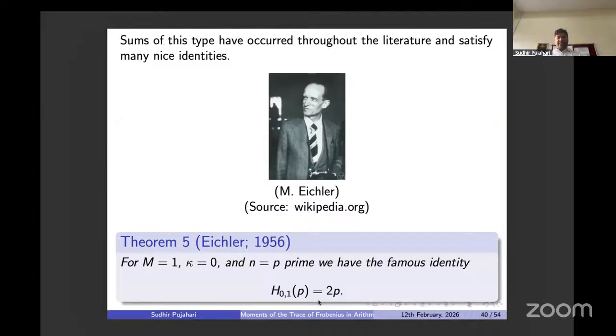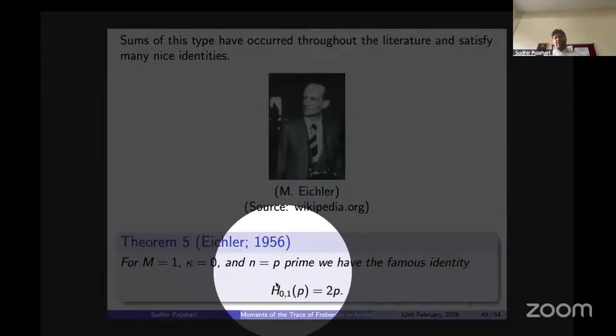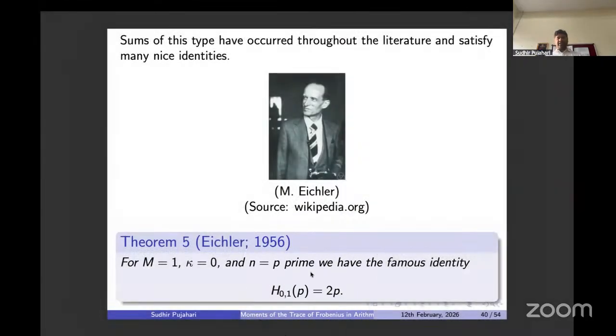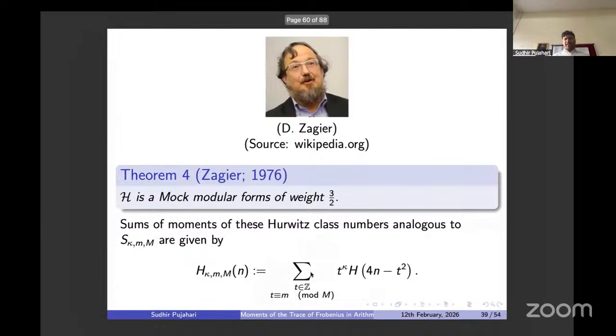For capital MH1, kappa equal to 0, and if you restrict to primes, this is one of the famous results of Hurwitz: H of 0, 1 of p equals 2p. Right? So before, I should make a remark that